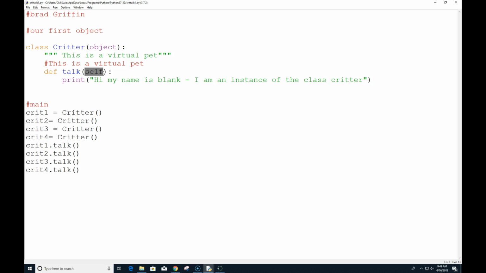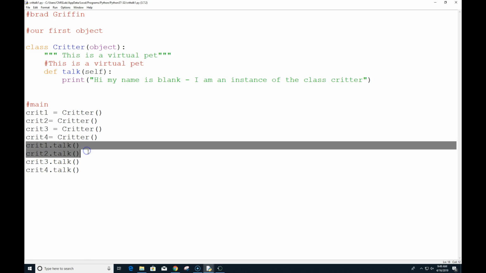Page 222 talks about instantiating. In other words, when we create an object, we do something called instantiate. That's this line here. We invoked a method that's inside of there.